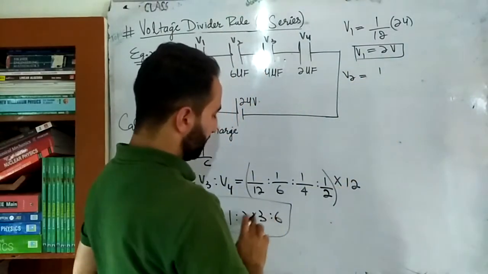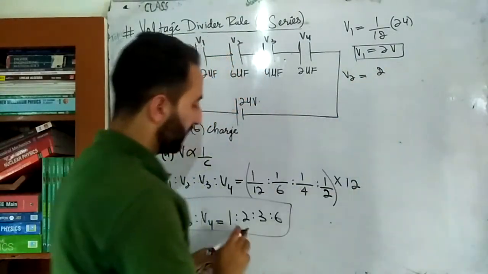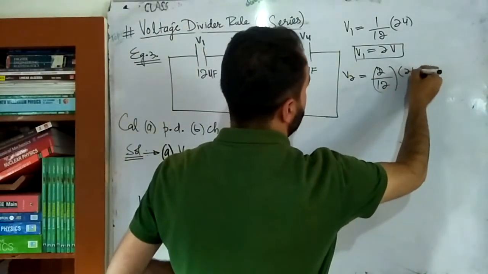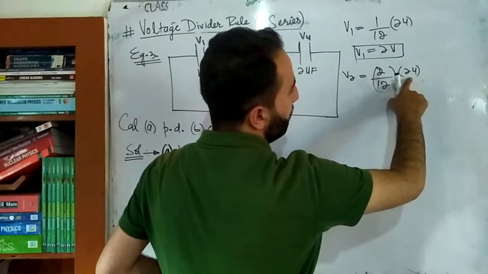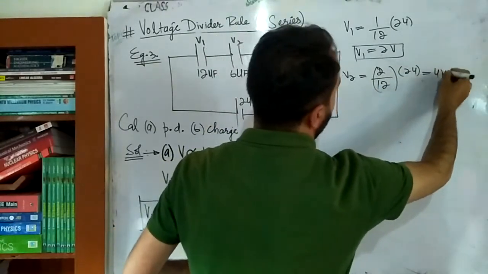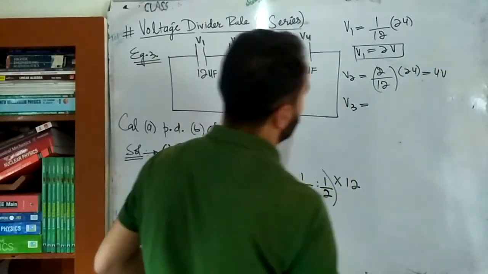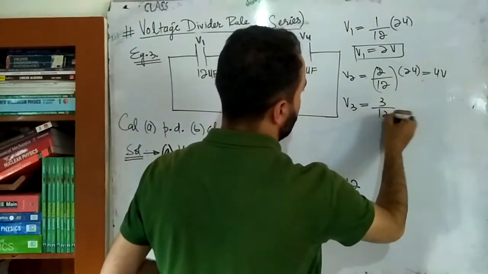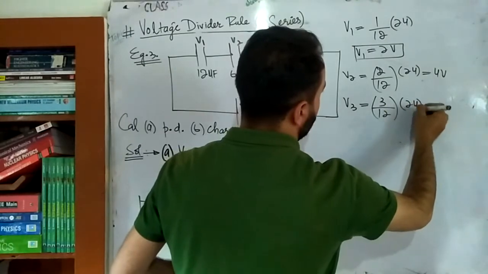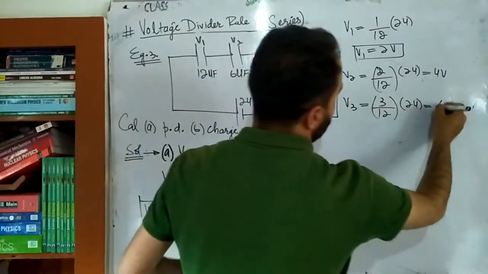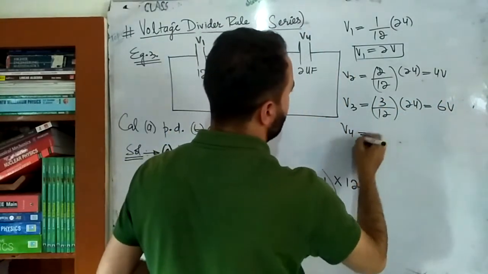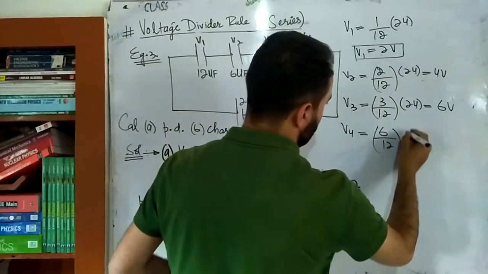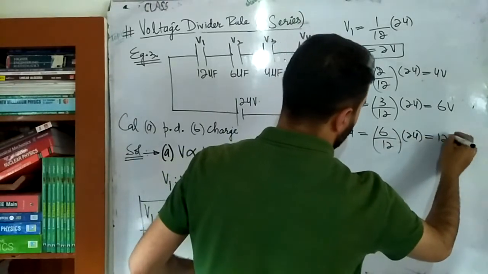Again the factor here, that is 2, इसका factor 2, ठीक है ना बेटा? Divided by summation, that is 12, multiplied by net, that is 24, so 12 ones are 12, 12 twos are 24, 2 twos are 4, so 4 volt. V3 will be equal to, ध्यान रखो बेटा, इसका factor 3, 3 divided by 12 multiplied by net potential difference 24, that is 12, so 6 volt. कितना बेटा? V4 will be equal to इसका factor कितना? 6 by 12 multiplied by 24, 12 volt.